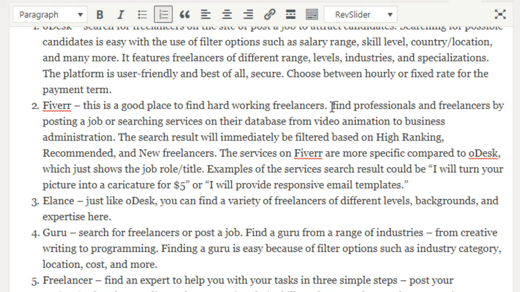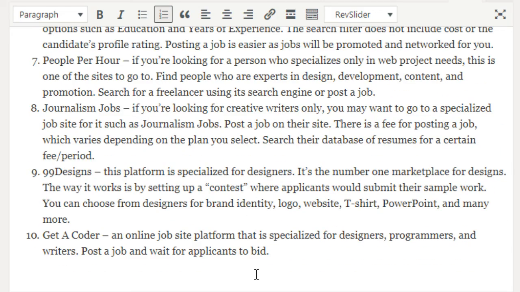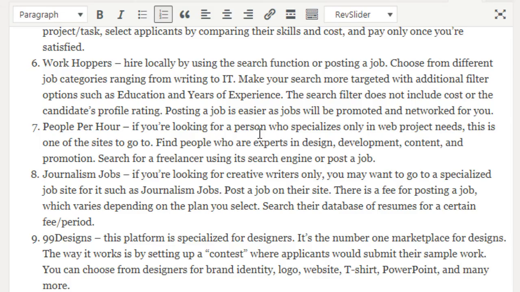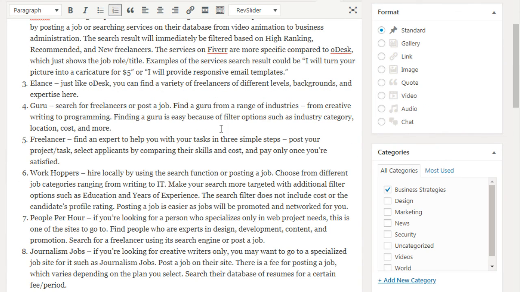So what I'm saying here is you don't necessarily have to use that exact match keyword, but you're using variations so that Google knows that you're not trying to game the system and you're not trying to keyword stuff. But at the same time that it's a variation or it's a similar synonym or word so that it appears more natural. So we can go through here, we can do other things as well. That's pretty much the basics of it. But another thing you can do is tags as well. So you can add tags. Let's move on to the next video.